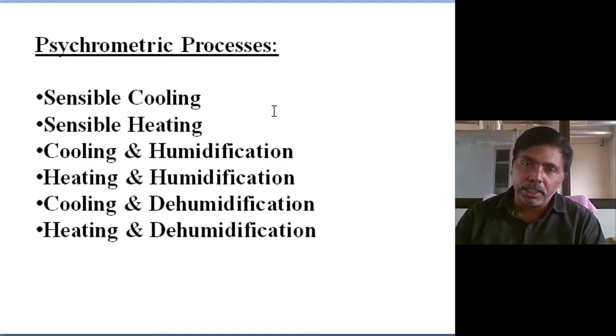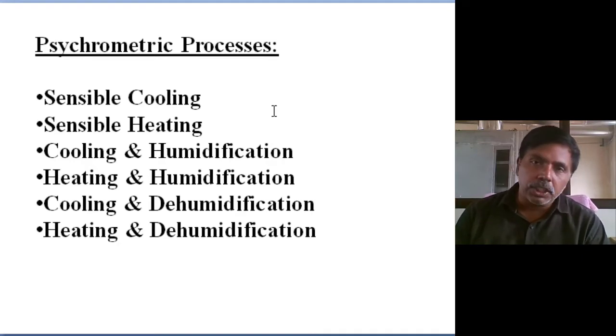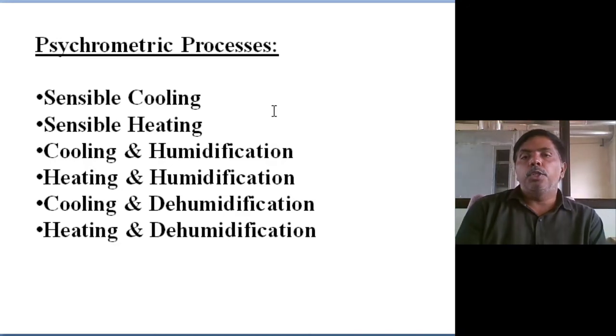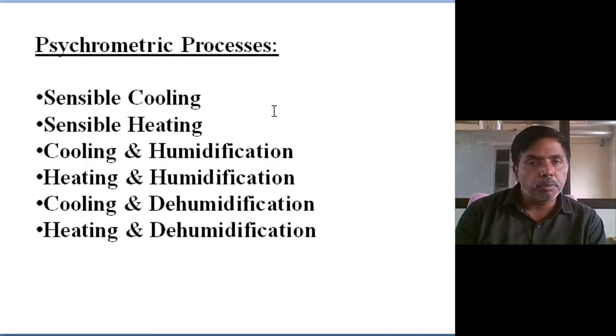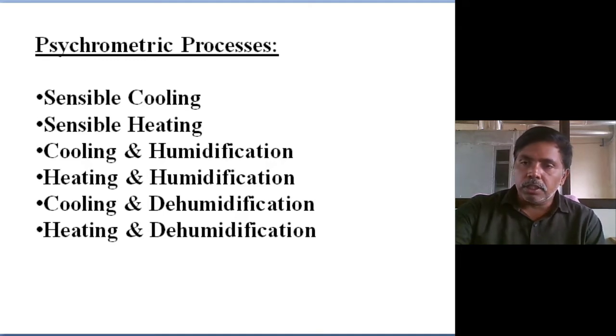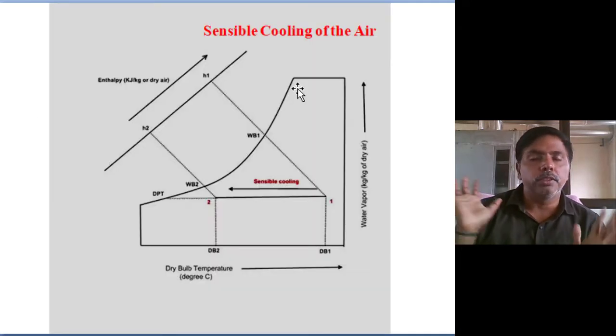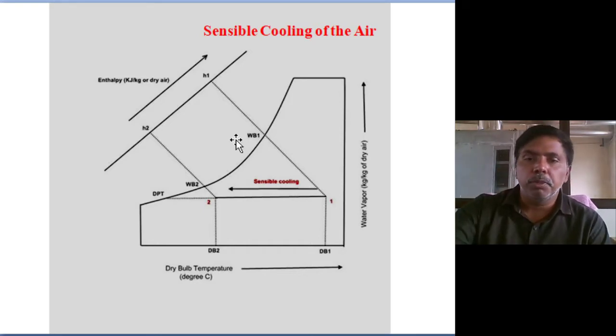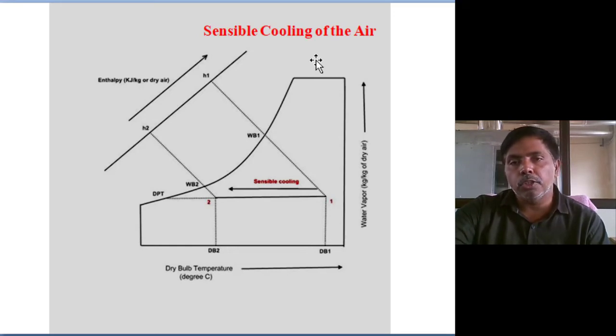These are the 6 methods we are using for year-round air conditioning based on the environmental condition. First we select the environmental condition. Based on the environmental condition, whichever method will give human comfort, we select that method. That's all, nothing else. First one, sensible cooling. You can also see how we represent it on the psychrometric chart. Sensible cooling. This is a psychrometric chart.